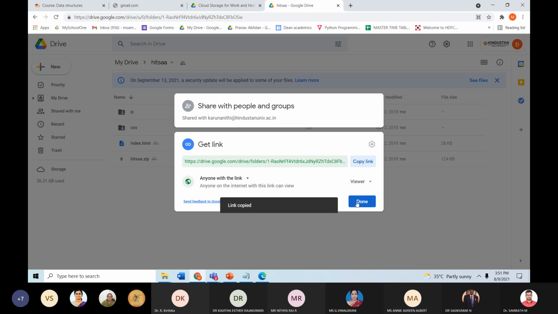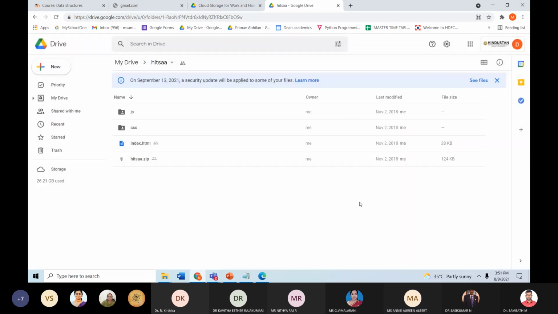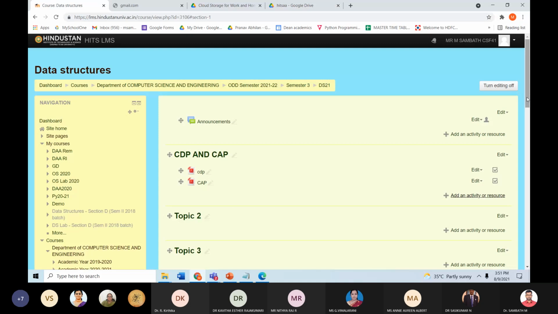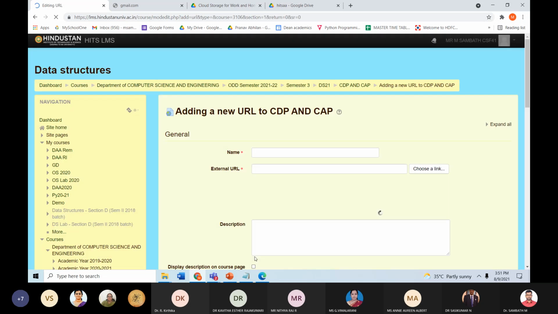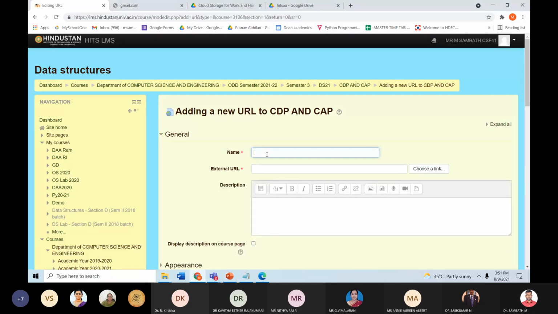Just copy this link, click done, so that this link can be accessed by everyone. Copy this link. And now you come to the Moodle. Here, go to add an activity or resource, and instead of choosing file, because if you choose file only 5 MB you can upload, you choose URL. Click add. For example, now it may be a unit 1 lecture notes.